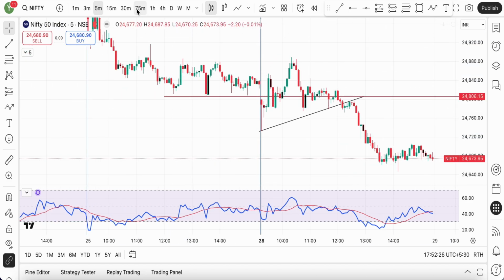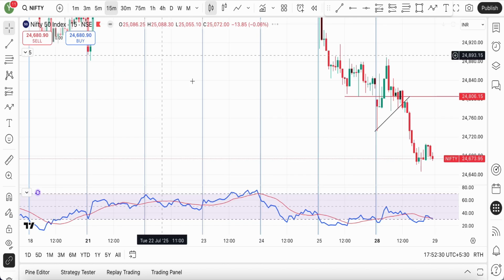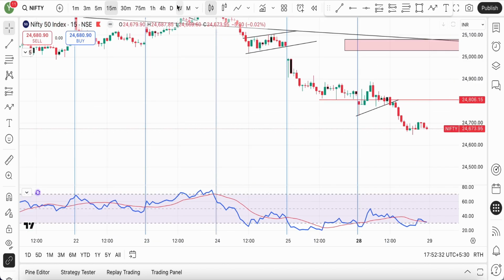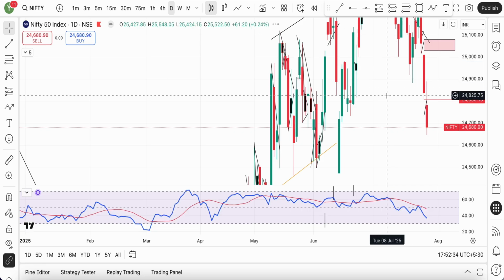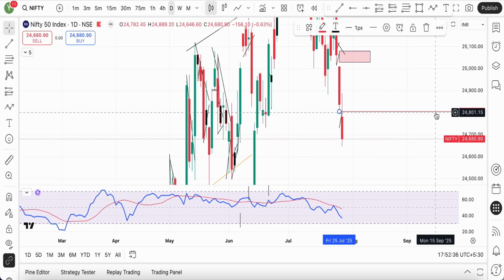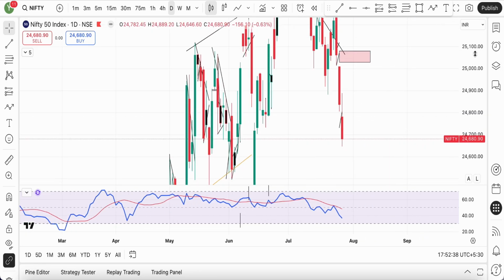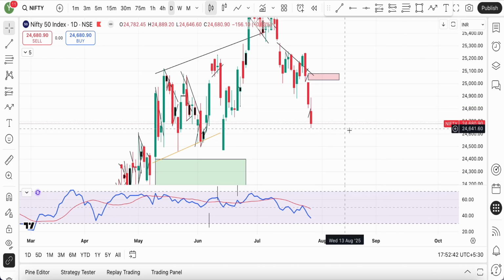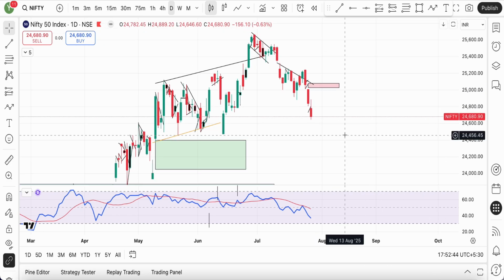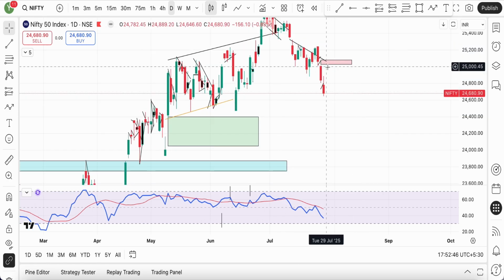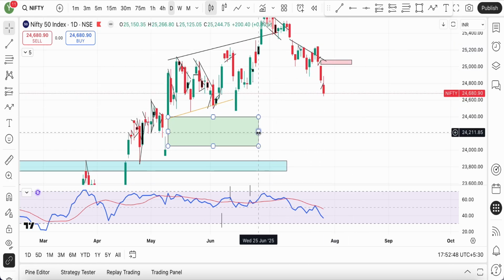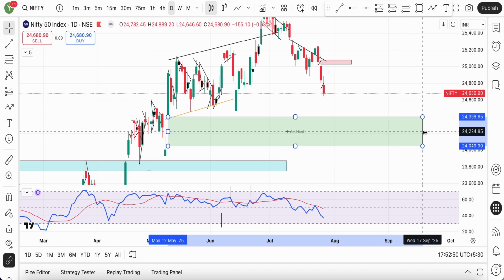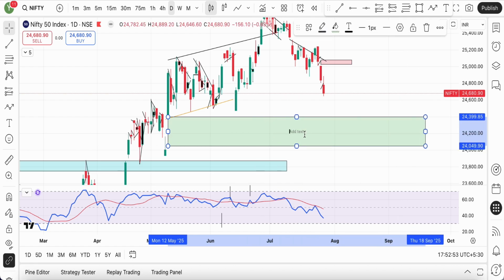And now, if we are to speak and plan about tomorrow, again, I'll start with the daily time frame. I'll be deleting this. On the daily time frame, as you can see, we are looking extremely, extremely bearish. We have also broken down of this particular zone. I think it's time to extend this gap area. I'll quickly